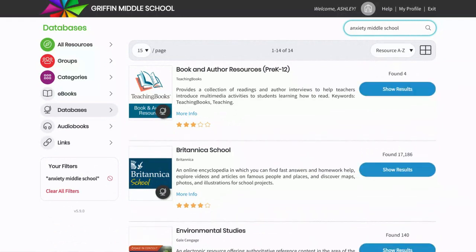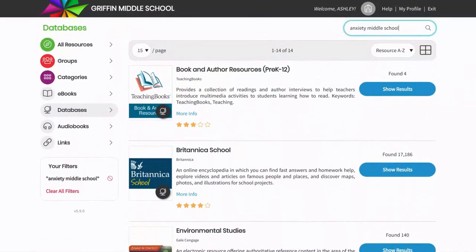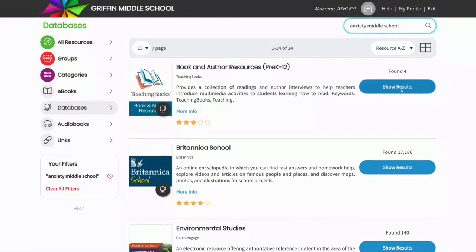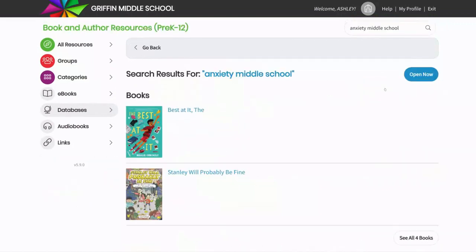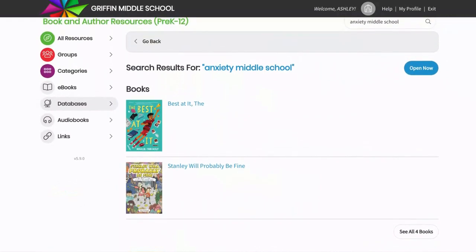When you do that, you're still going to see all of the databases like you did before. Only now, if you look above the blue oval, you're going to see how many different articles or sources are found in that database. So for example, I can click on show results for book and author resources, and you'll see that it gives me 2 books. Now these are 2 fiction books, so it doesn't really have anything to do with my topic. So I'm going to go back,